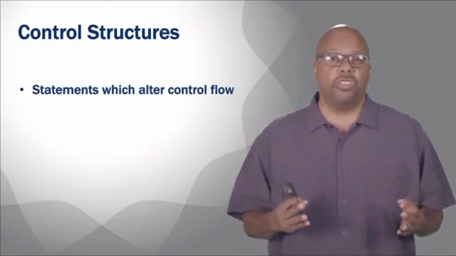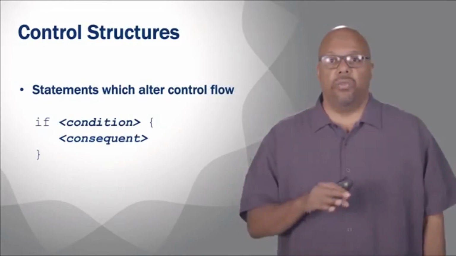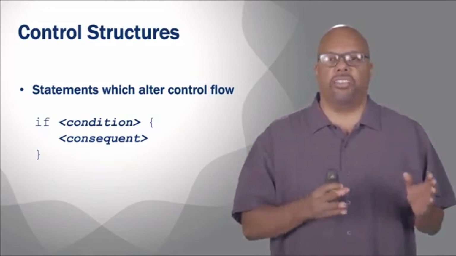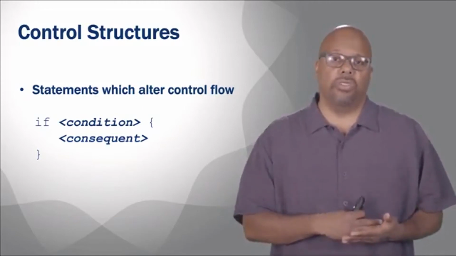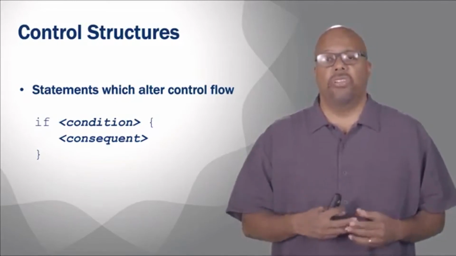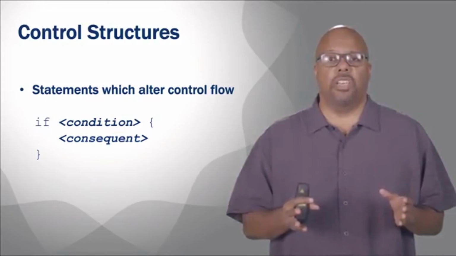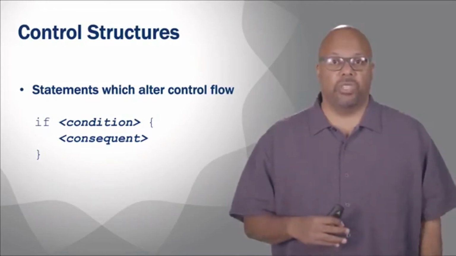So the first main control flow structure is an if statement. Basically, with an if statement, you can conditionally execute certain sequences of code. So if this condition is true, then you execute sequences of code. If not, then you don't. Right? And what we're showing here is the most straightforward if statement without an else clause. You can also have an else clause, but let's start with the basic one first.